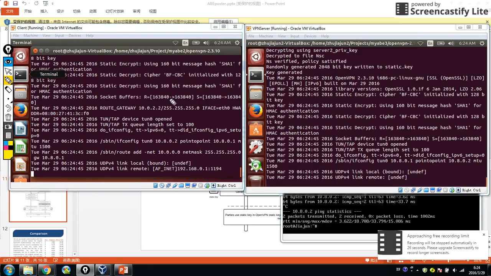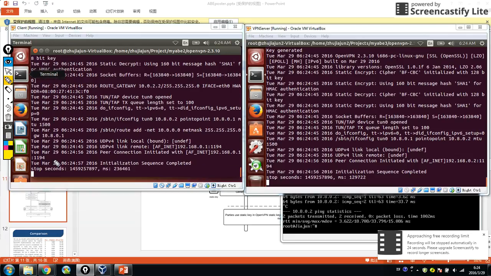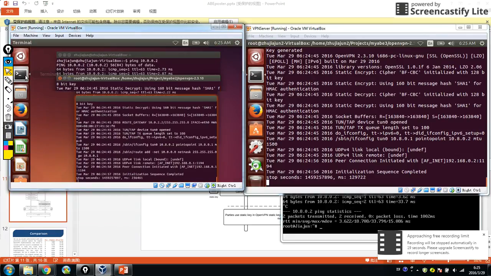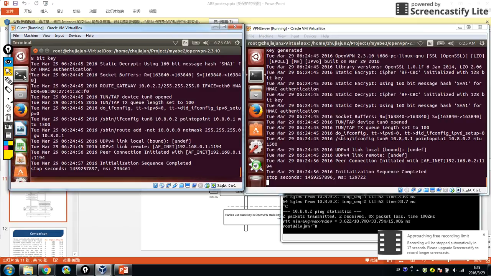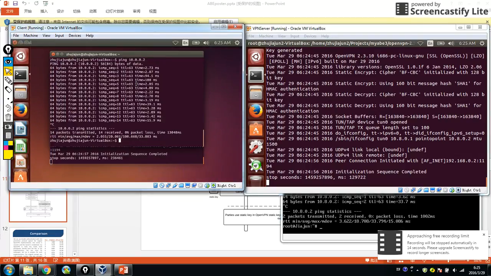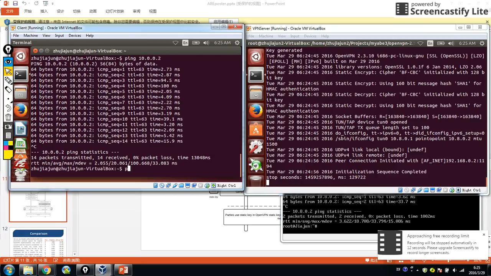The server 2 will satisfy the server policy of server 2. And of course, this time the client